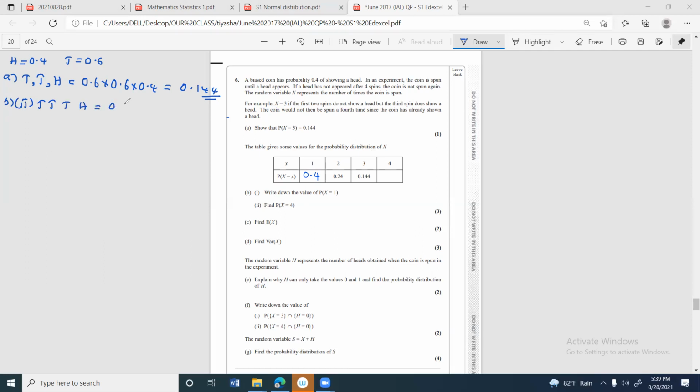That means 0.6 into 0.6 into 0.6 into 0.4. That's a fact we need to understand with this. So 0.6 to the power 3 times 0.4 turns up to be